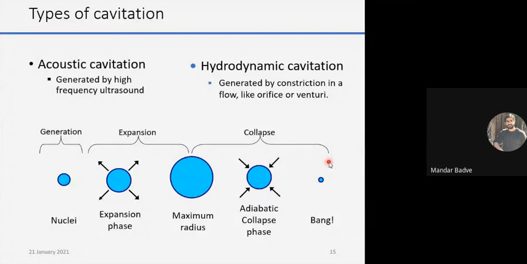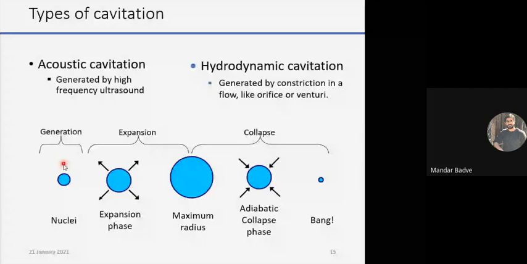So how does ultrasound work? When sound passes through water, it creates a low pressure and a high pressure region, right? So there is a compression cycle and there is a rarefaction cycle. What happens is the low pressure region gets created, and the dissolved gas which is present in water, because the pressure reduces, forms a nuclei, right? And as in the rarefaction cycle the pressure starts to recover, these nuclei actually expand. It reaches a certain value, and then again,